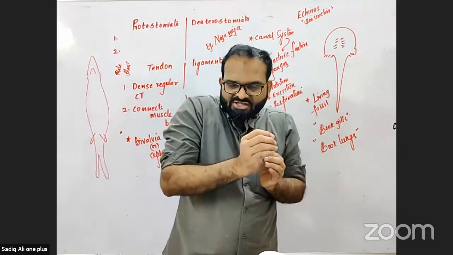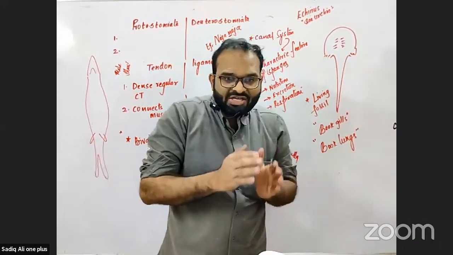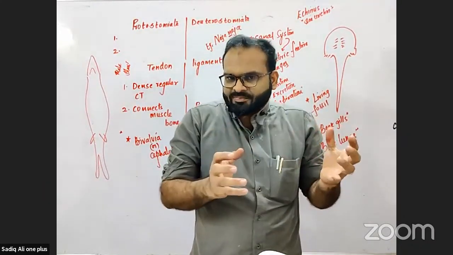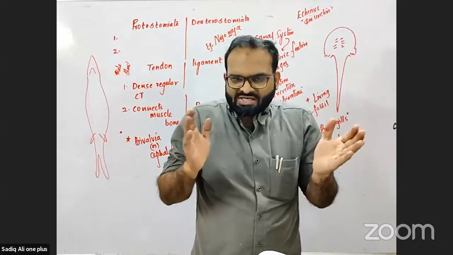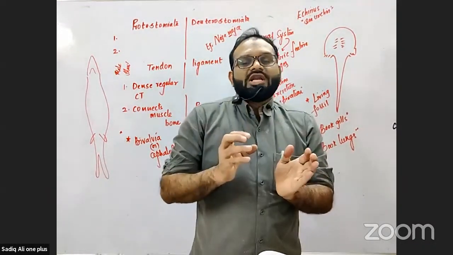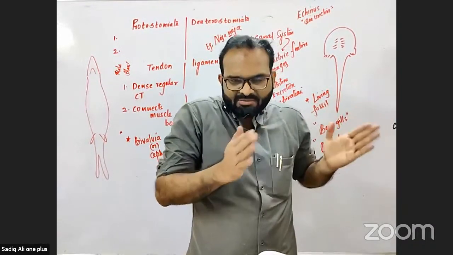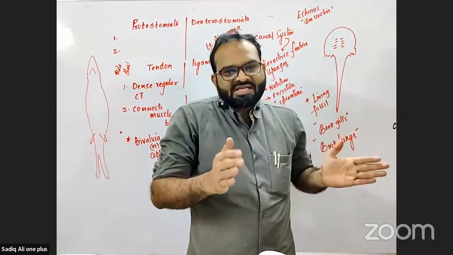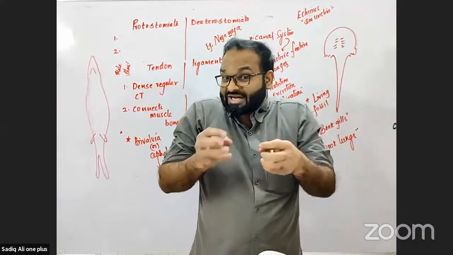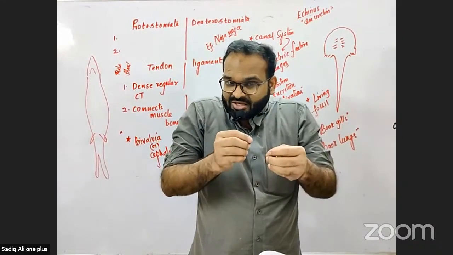Now, in that schizont, hepatic schizogony takes place. As a result of hepatic schizogony, so many cryptozoites are formed. Nearly 12,000 cryptozoites are formed. Liver cell ruptures. Cryptozoites are released into liver sinusoids. The time taken to complete this pre-erythrocytic cycle is 8 to 10 days or 8 days. Now, when these cryptozoites come out from the ruptured liver cell or hepatocyte into liver sinusoids,